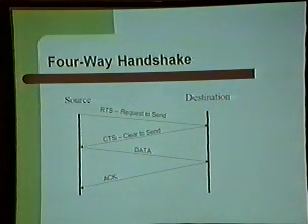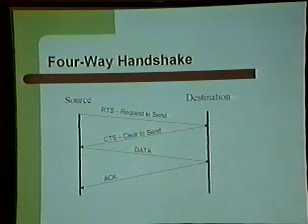So the four-way handshake that got around that problem is you have the source and the destination, and the destination can be an access point, or if using a peer-to-peer network, can be a wireless NIC. And what the source does is it sends an RTS, or request to send. And if the destination is open to receiving communication, it sends back a clear to send packet, or CTS. And when the source receives that, it says, okay, I can send my data, so it sends it on, and then the destination sends back an acknowledgement. And this is for every data packet that is sent. So this is how it gets around having to consistently listen and know when to send and receive data.